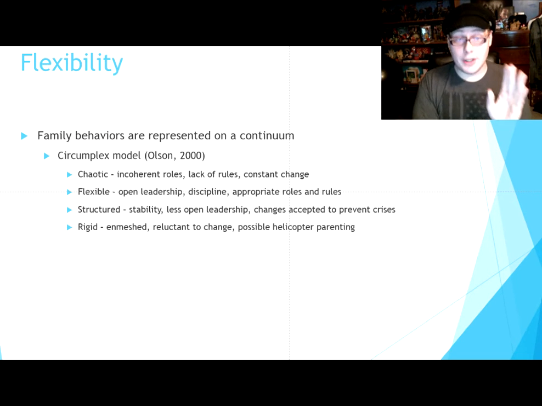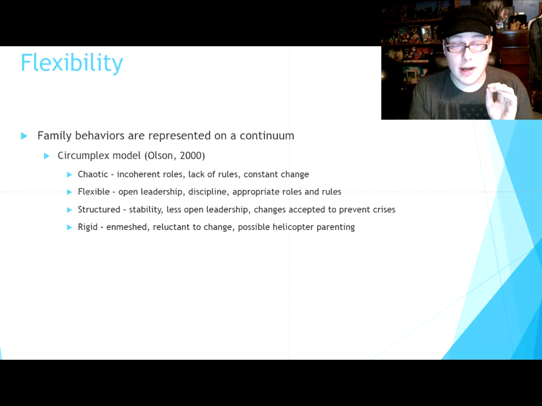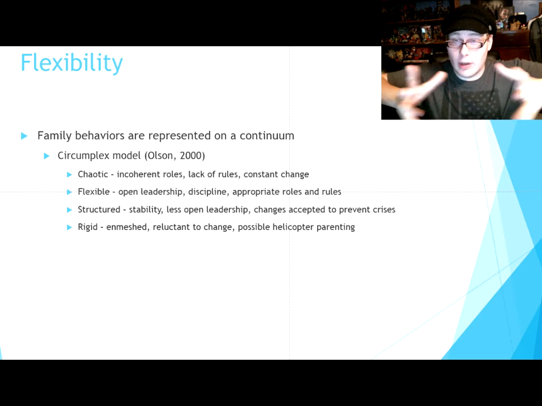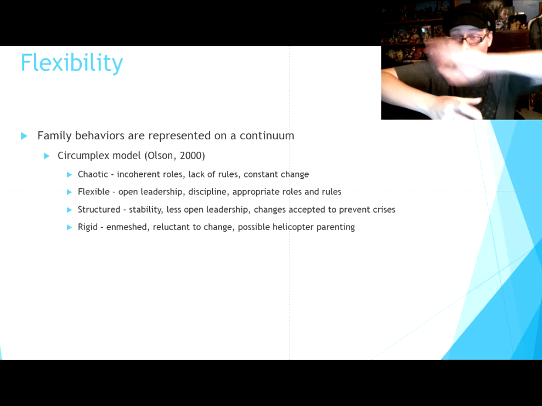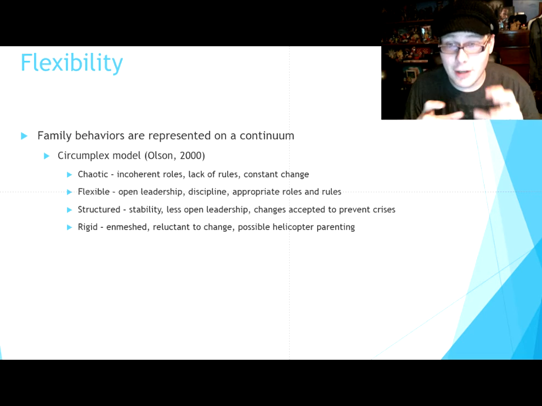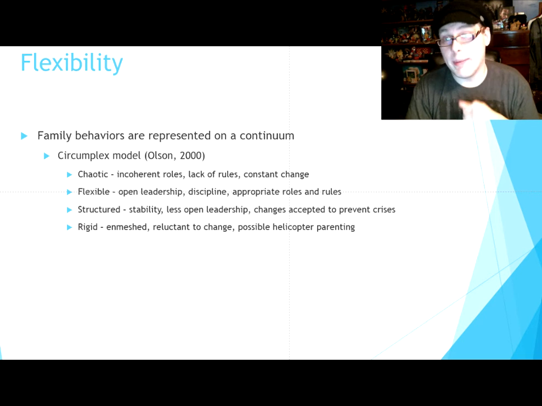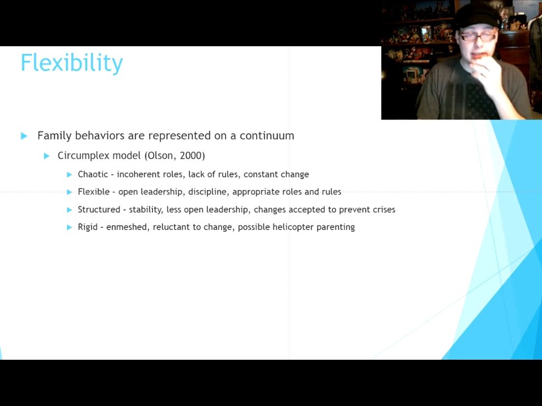But then you have rigid. They can be enmeshed. That is, they cling to one another. They hold them into that microsystem, and they don't let them out. That is a closed family, as opposed to the flexible and structured, which would be more like open families, and then chaotic, which would be random, as mentioned previously.